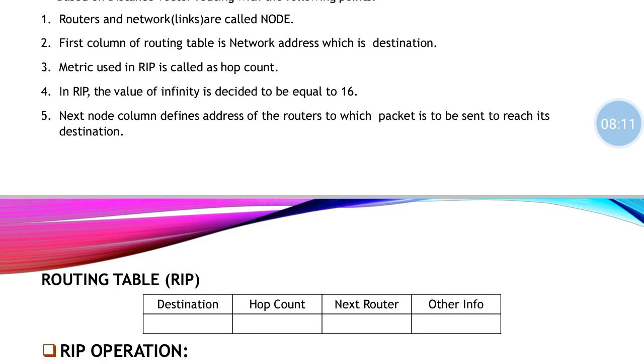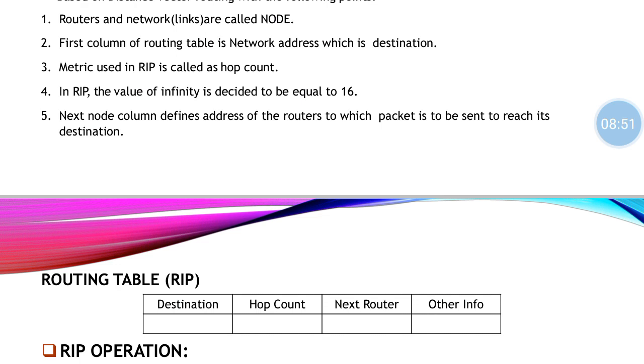The metric used in RIP is known as hop count. Now what is a hop count? For example, I need to reach from A to C via B. The first hop will be from A to B and the next hop will be from B to C. So the hop count from A to C is 2. I hope the point is clear. In RIP, the value of infinity is 16, in the sense that a maximum of 16 hops are allowed from source to destination. In case it exceeds 16, then the route has no validity and routing protocol information has to be generated again.